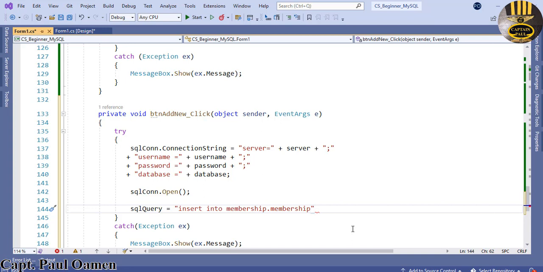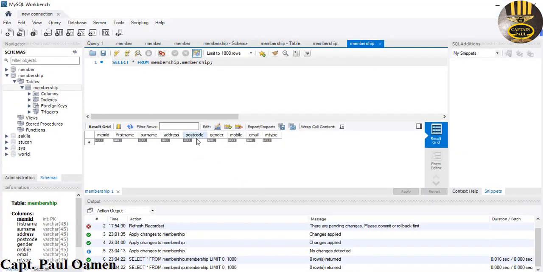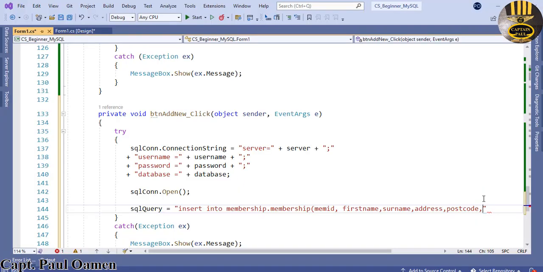And I will open up a bracket, and this very bracket is taking in the following: member ID, comma, first name, comma, all of those are from my database, surname, comma, address, comma, postcode, let me check that, postcode, comma, I then have gender,